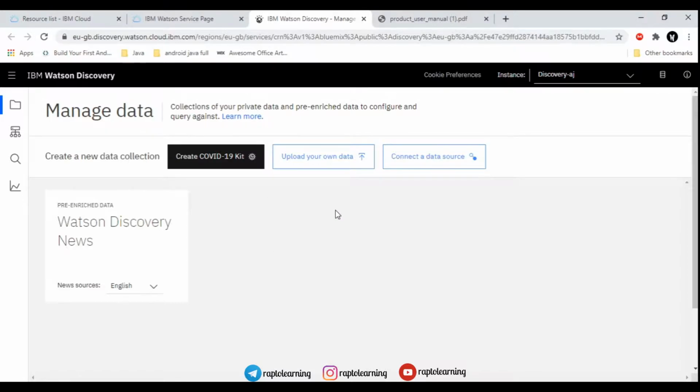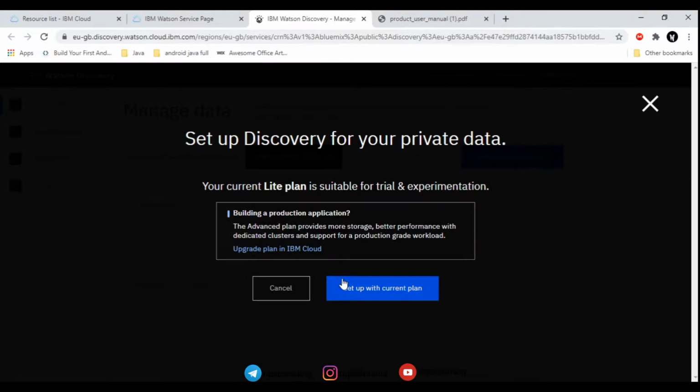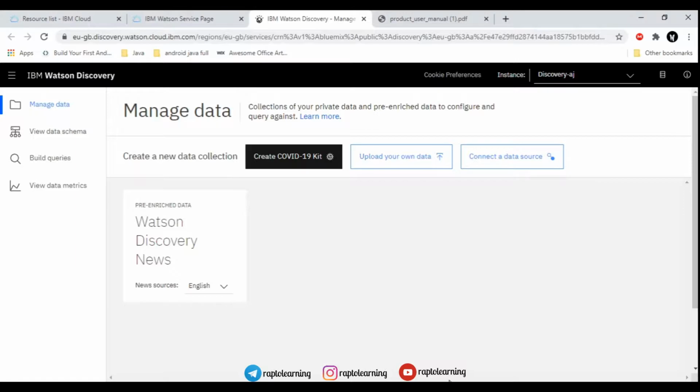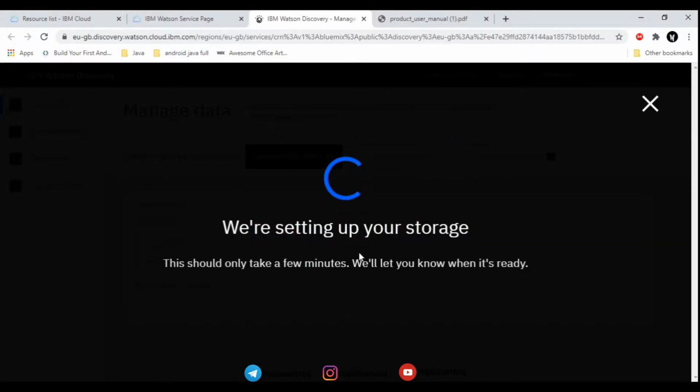This is just the files and then the skills that are available in the assistant, right? So we are going to upload data here. Here it is the data schema and build queries and all that. You know what queries are, right? So here we are going to upload that file.